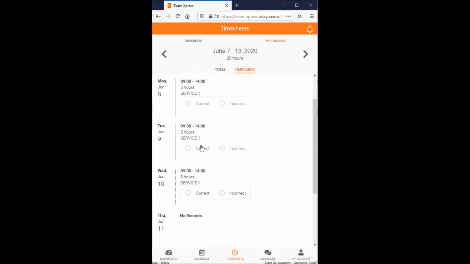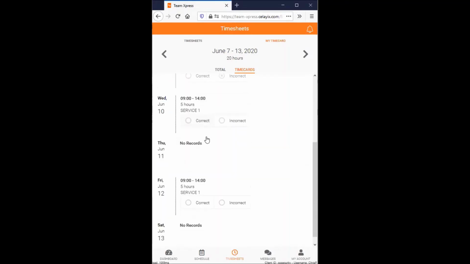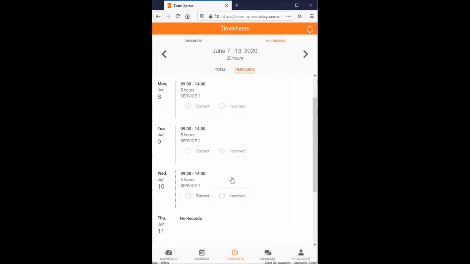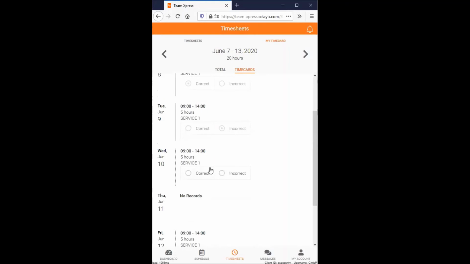Okay? So that's the purpose of the My Time Cards, and that's about it. Again, you can scroll through the days just by scrolling here, or if you're on your mobile app, you can just scroll with your thumb and choose different days and review it that way. All right,